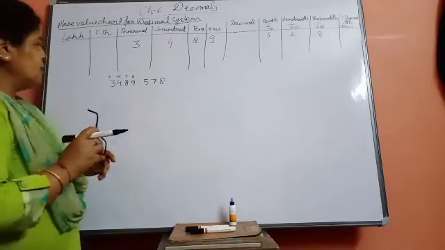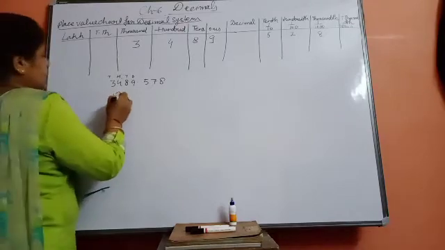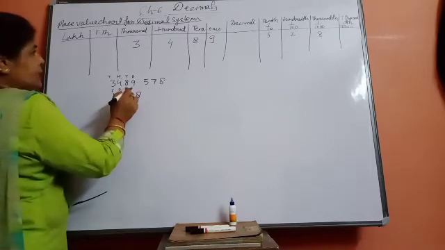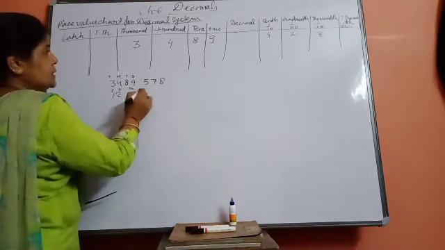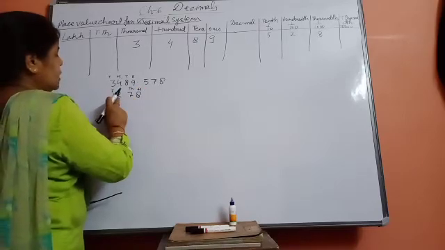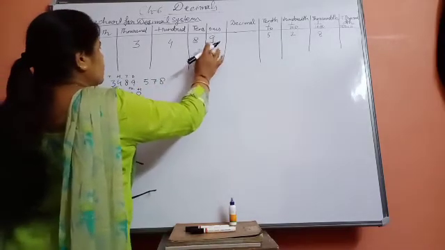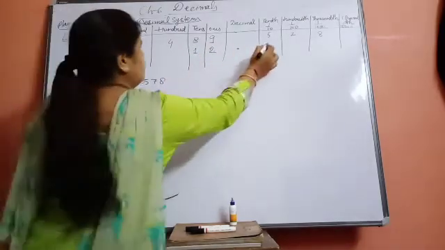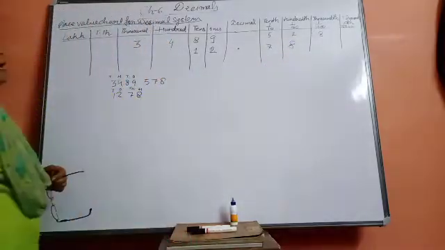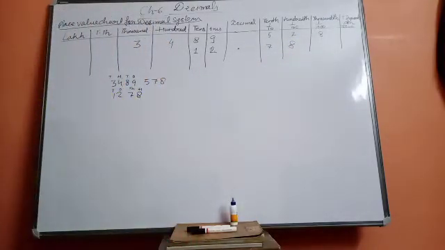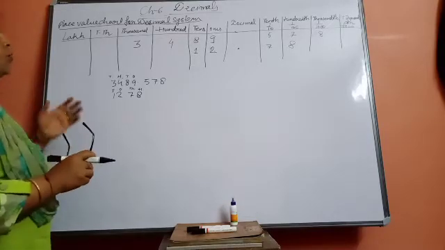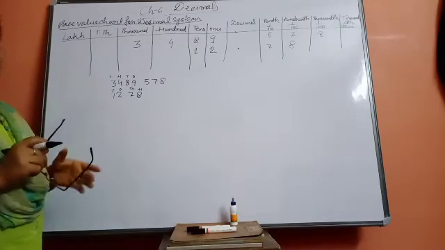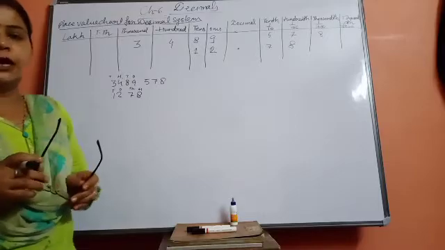Now further, suppose 12.78 is there. How will you write? This is the ones place, this is the tenth place, and this is the hundredth place. So 2 will be in the ones place. Write here 2, then 1, then decimal, then 7, then 8. In this way it can be written. Now further we are going to do this in your exercise problems. Here our motive is to learn how we will put these numbers in our place value chart.